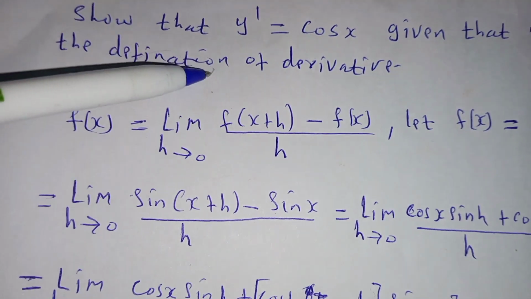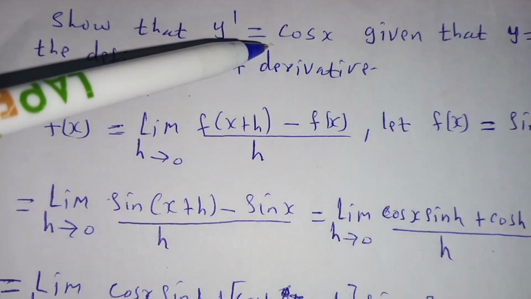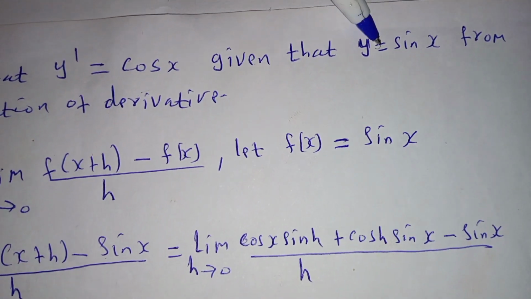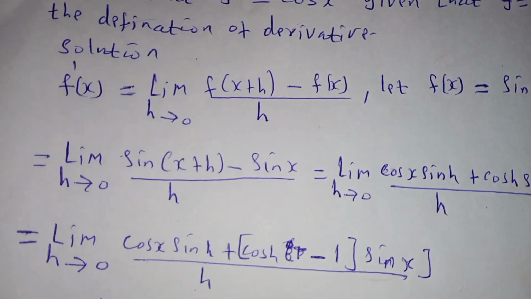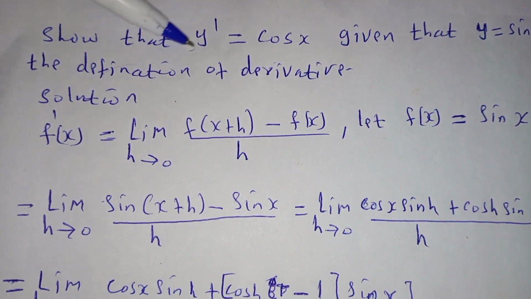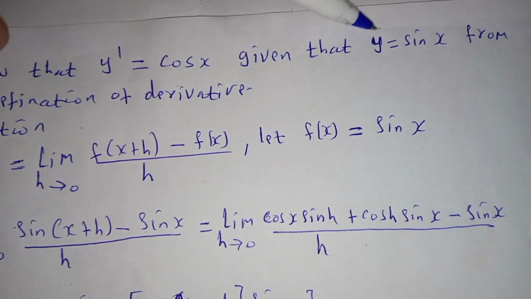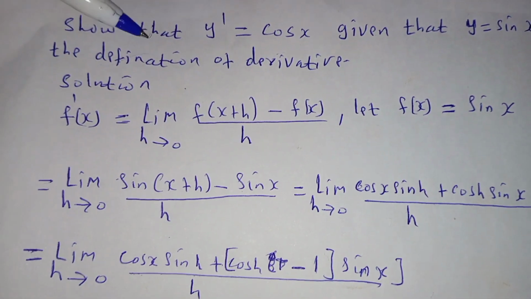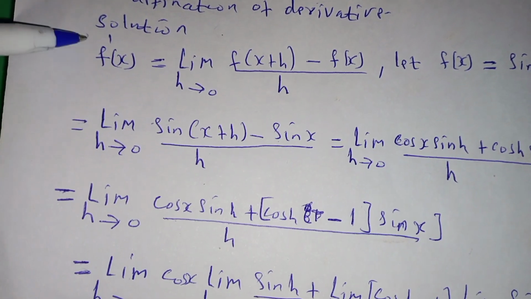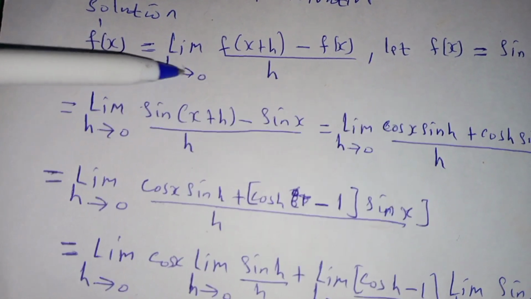Today, we want to show that y prime is equal to cos x, given that y is equal to sin x, from the definition of derivative. So, solution. The definition of the derivative of a function f(x) with respect to x is given by the limit as h tends to 0 of f of x plus h